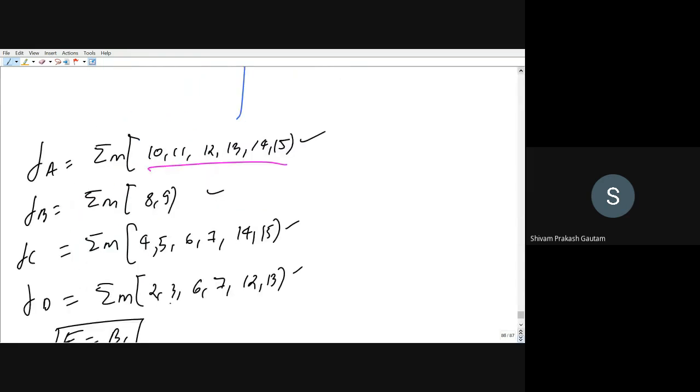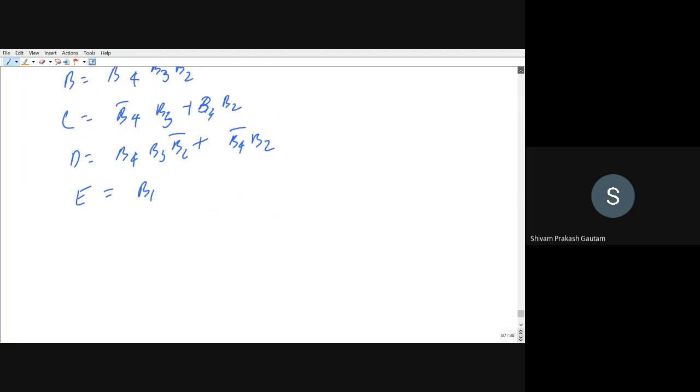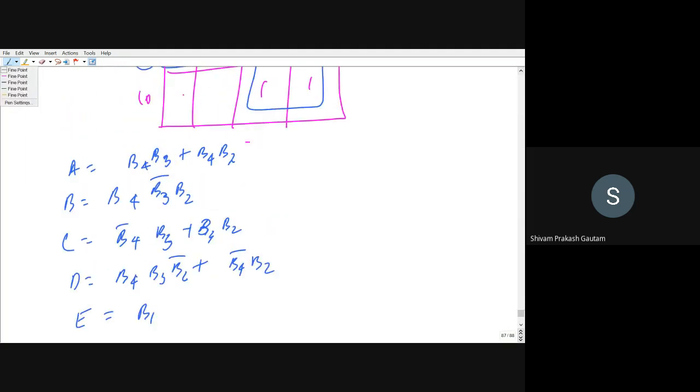So what you can do, you can take the double bar, that is double complement, so that it can be represented by NAND logic. What I can do here, I can double bar it, so this will be equal to B4 B3 bar dot B4 B2 bar whole bar. Similarly, for this case also we can take. So this is only one term, so we will not take.